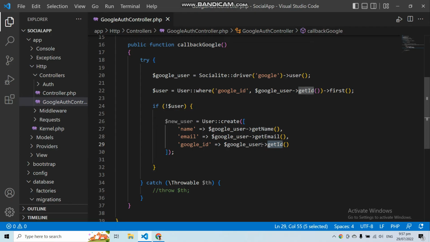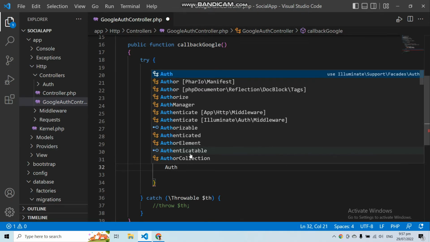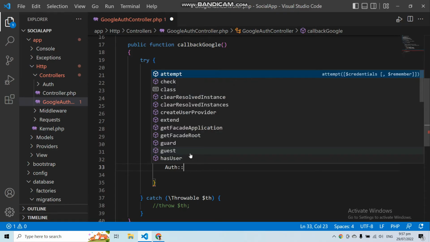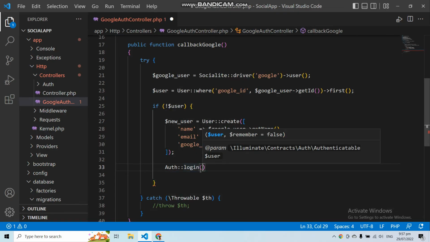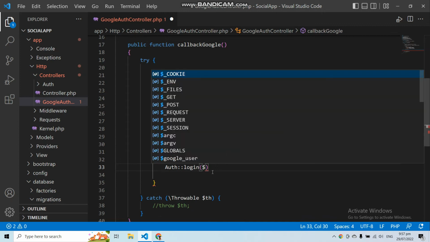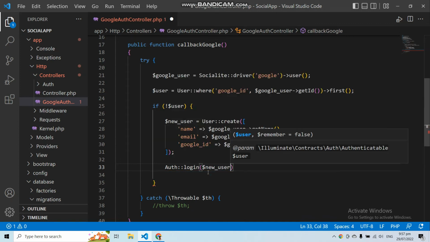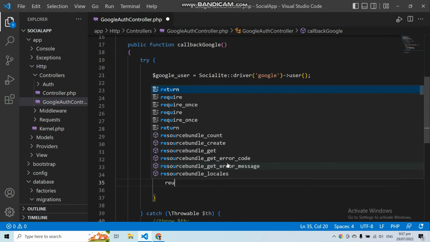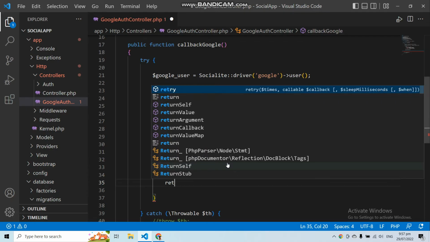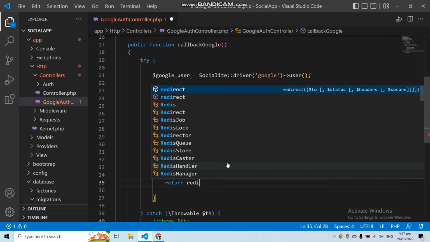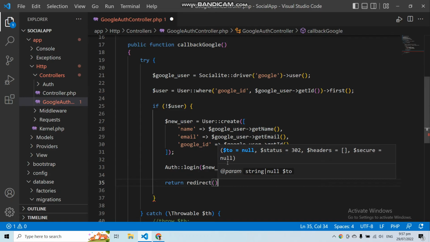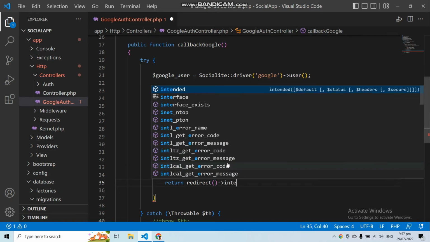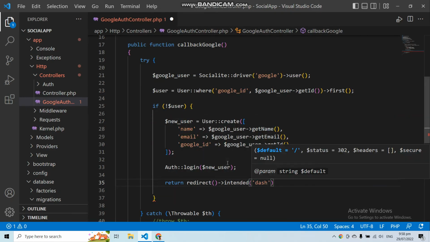So after creating your user, you just need to use the Auth class, because now we need to log in the user. So let's use the login function, and in the login function let's pass this new user variable. So after creating the user, we need to log in the user, and then we need to redirect this user to the dashboard. So let's call the redirect function, and then let's call the intended function,